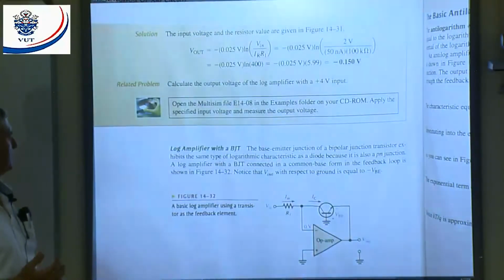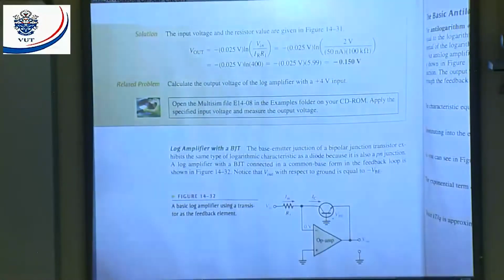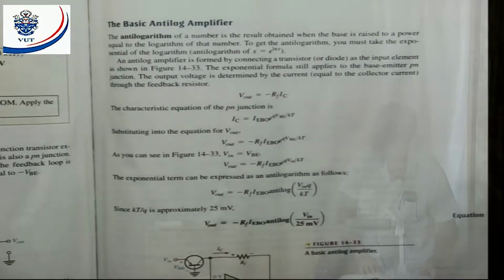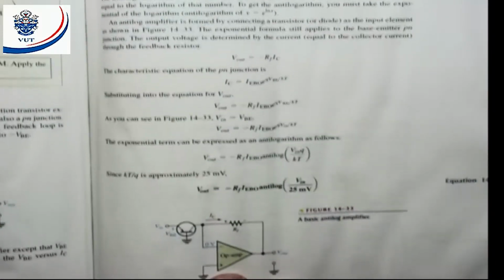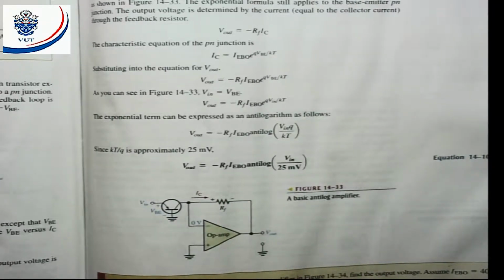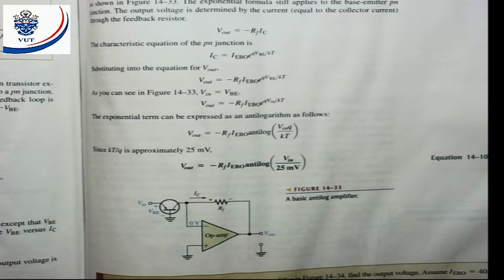The formula will be a little bit different. Let's quickly have a look at the formula for this circuit. All right, they state VR is equal to minus RF times IC, because that's the current that's going to flow there. Then I can say IC is